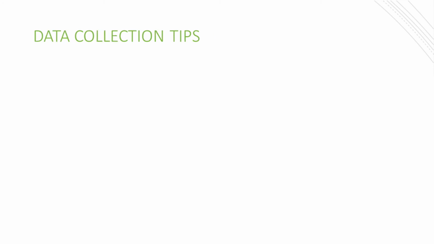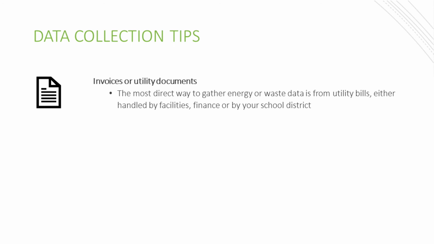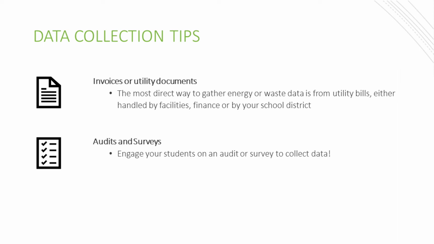Collecting data can be difficult, so we've included some tips for you here. The most direct way to gather energy, water, or waste data is from utility bills or invoices. These will be handled either by facilities, finance, or by your school district. Simply put in a request for a copy of your utility bills and utilize the information listed. If you cannot access utility data from the above-mentioned sources, or if your specific data is outside of utility information,